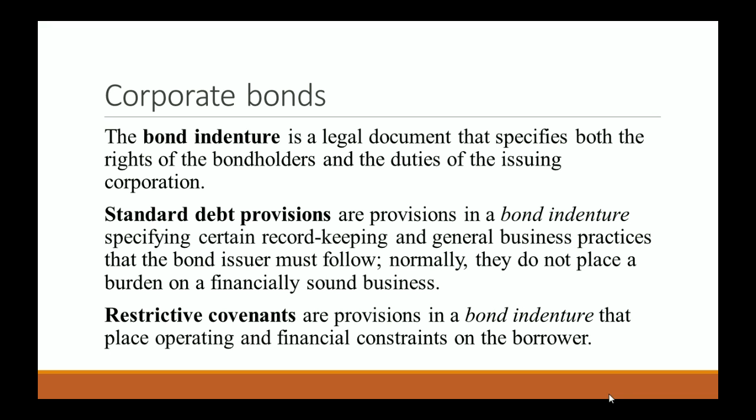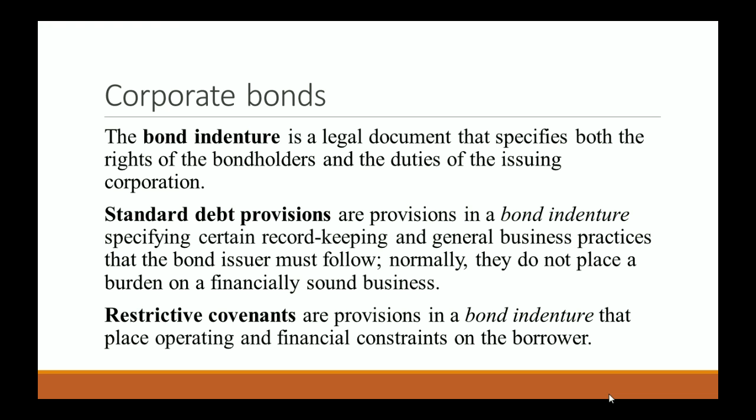A bond indenture is the legal document that specifies the rights of the bondholders and the duties of the issuing company. There are standard debt provisions within a bond indenture, and these specify record keeping and general business practices. They don't usually place a burden on a financially sound business. And then there are restrictive covenants that can be within the bond indenture as well. Restrictive covenants place restraints on the borrower. So they may say,